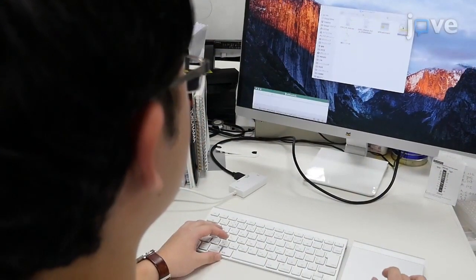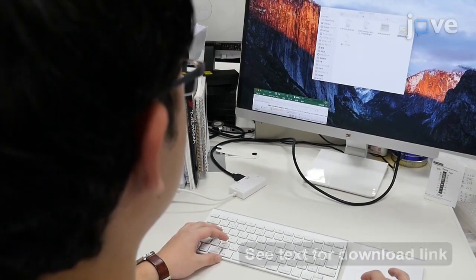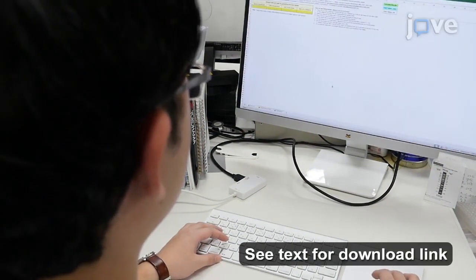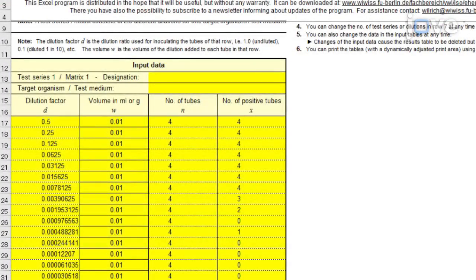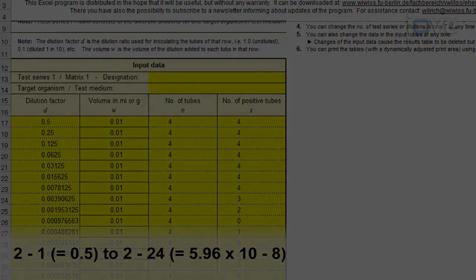To calculate the most probable number and its deviation, open the MPN calculation program. Enter the name and date of the experiment, the number of the test series, and the maximum number of dilutions in row 7 of the program sheet of the spreadsheet file. In the automatically produced input data tables, enter the formula in the dilution